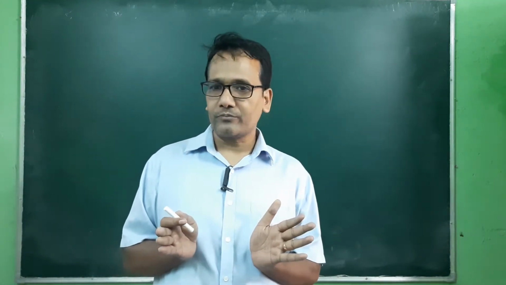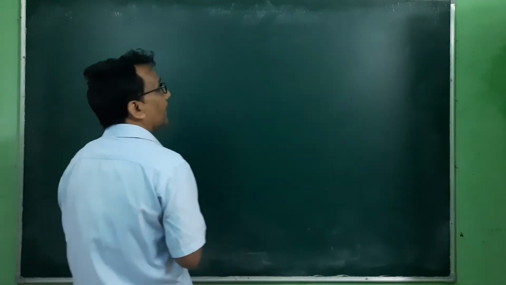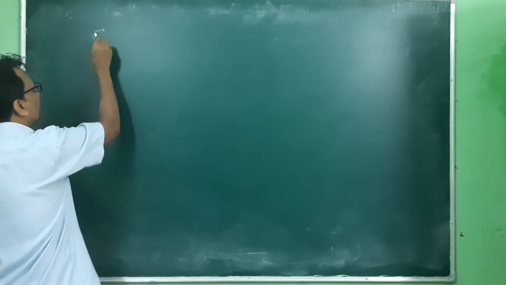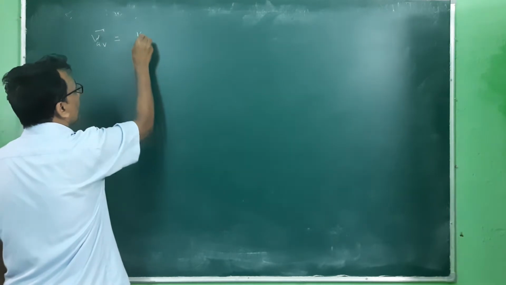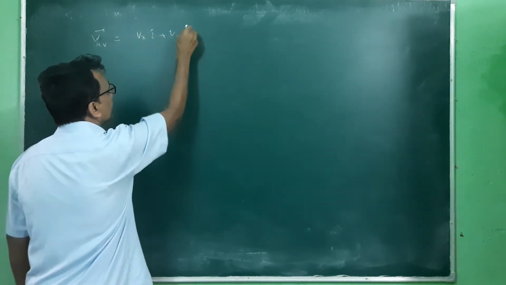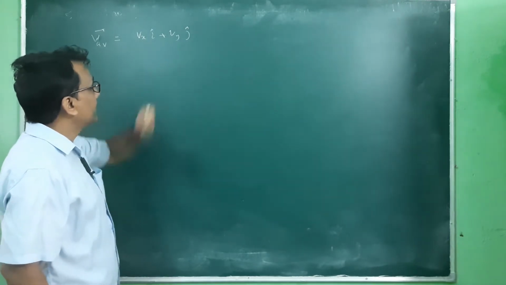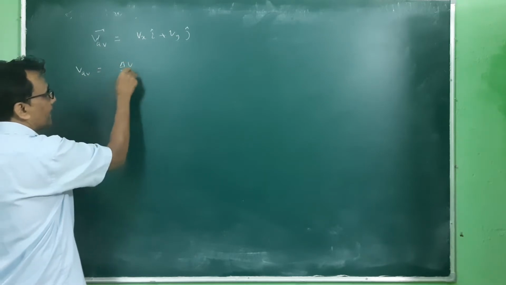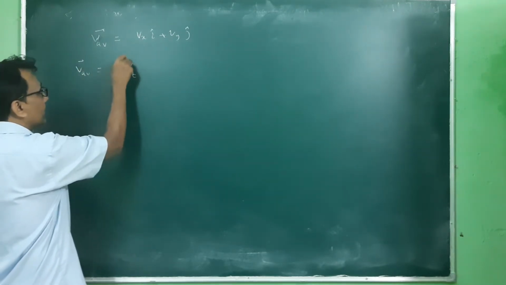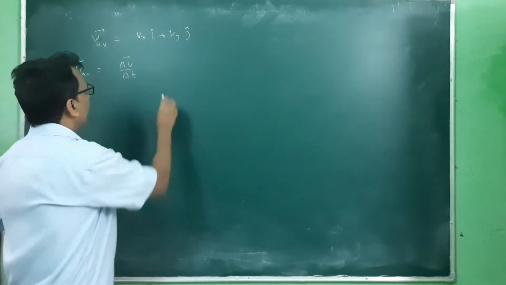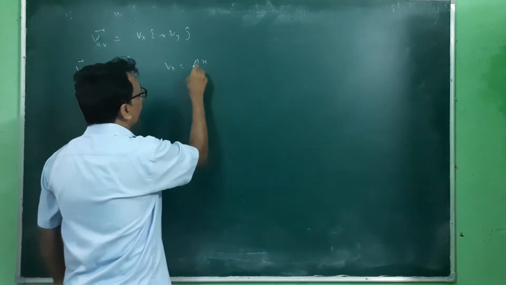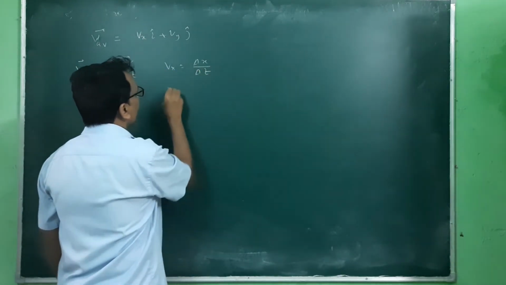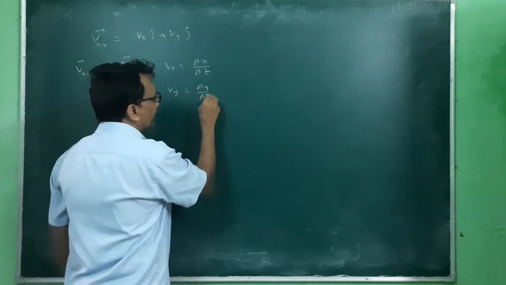Okay. So what we have done so far is v average. That will be in vector form in two dimensions, and this is equal to vx i plus vy j. Here this is the x component and this is the y component, where this v average can be represented as delta r by delta t, where both are in vector form, and vx is equivalent to delta x by delta t, and vy is equivalent to delta y by delta t.